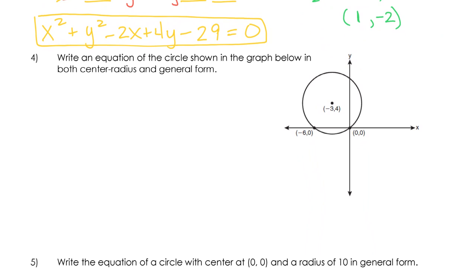Number 4 says write an equation of the circle shown in the graph below in both center, radius, and general form. And so the nice thing is we have our center, it looks like, at -3, 4. So we can go ahead and start writing our equation. We'll have x plus 3 all squared plus y minus 4 all squared equals,